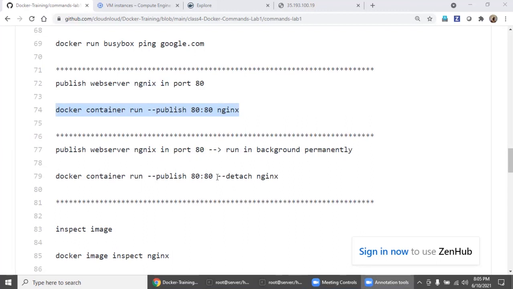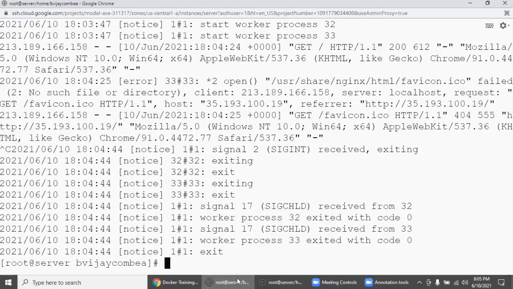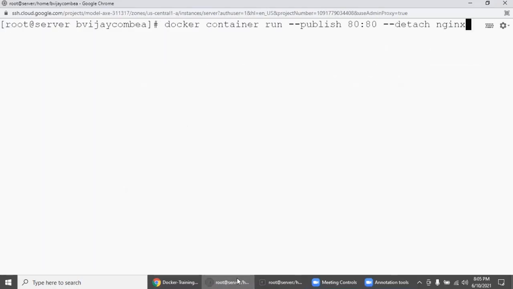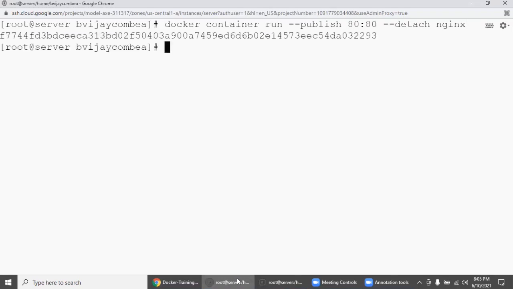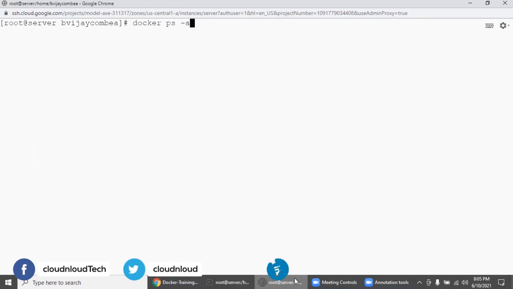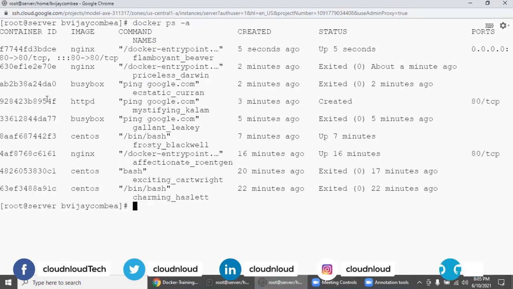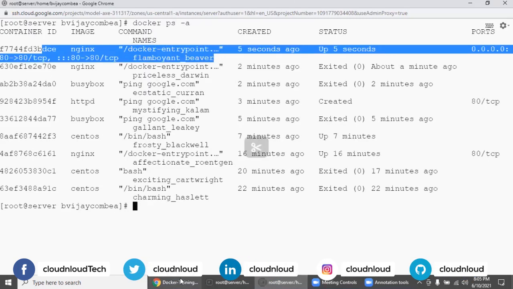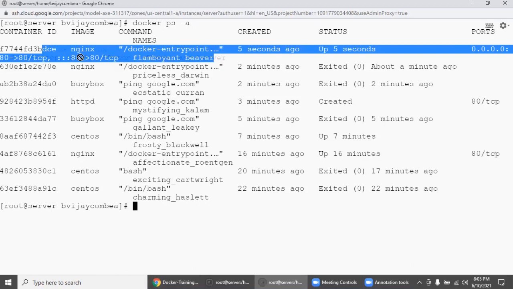See here, there is a detach flag. It's the same command, but we are adding the detached mode. So we will run this. Go here, clear the screen, and run it. Now, can we check with this command? Make sure Nginx is running and the port 80 to port 80 mapping is there.